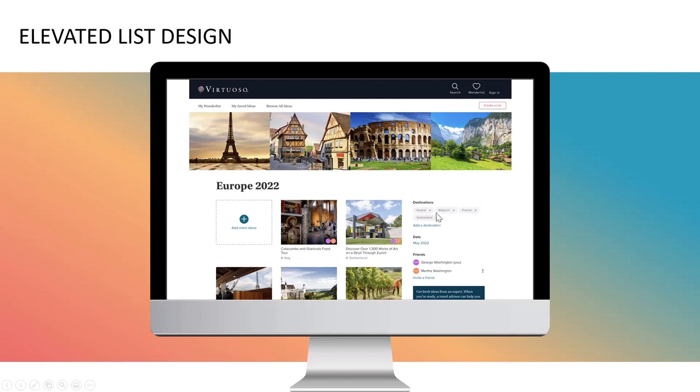To a list. So you can see here, I can add as many destinations as I want, and I can change my mind later and start deleting some of them. If I change my mind on that Europe tour, maybe I decide I don't want to go to Belgium, I can click that off. Every time I add a destination, a new picture is going to be added for that destination to the header, which is really fun. And then you can see below that is the ability to add a date.